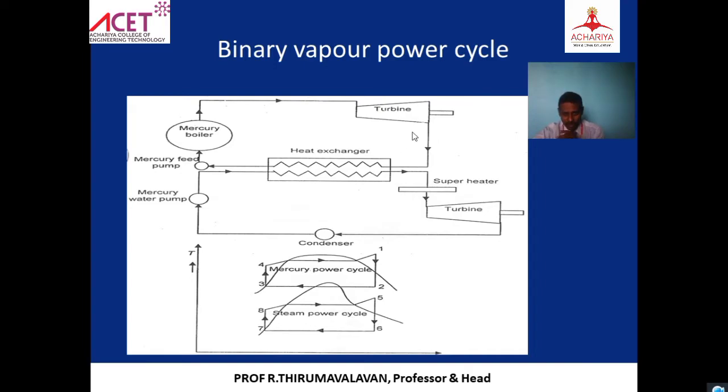Understand? So the mercury vapor coming out of the turbine is at 350 degrees centigrade. The water entering is at 40 degrees centigrade. So the temperature difference is between 40 and 350. The water takes heat from the mercury vapor. So mercury becomes liquid and the water becomes vapor. Mercury temperature drops down by giving some of its heat to the water. As it takes the heat, the water becomes a vapor. That water is coming to the superheater.